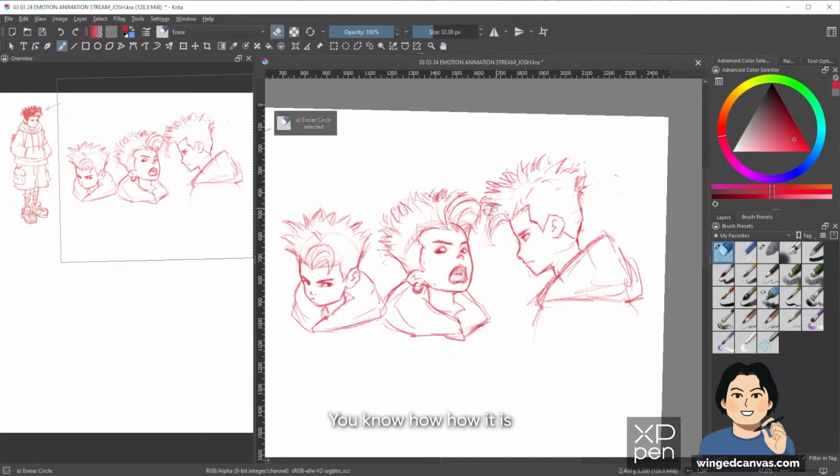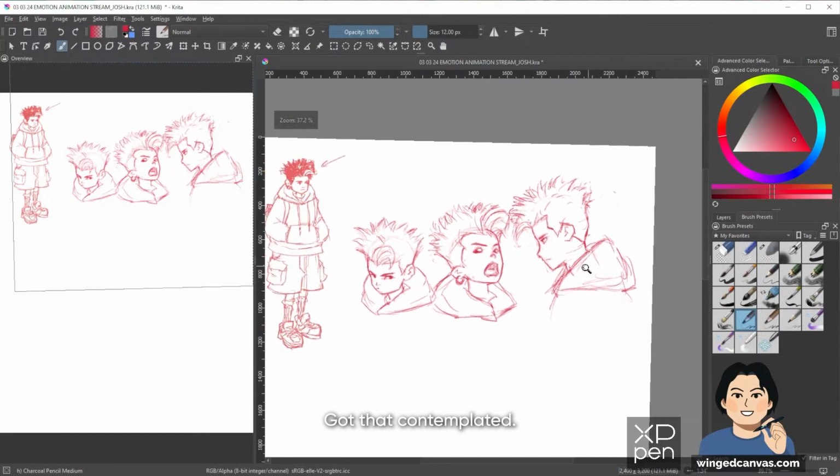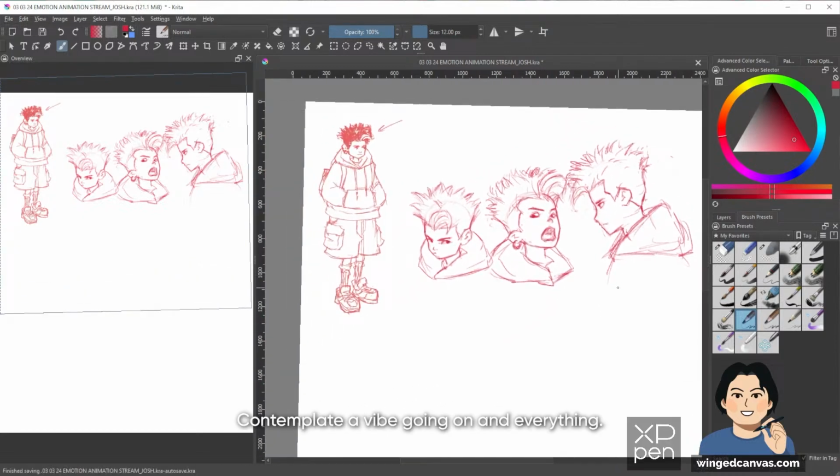You know how it is. That edgy anime boy hair. Okay, we got the hood. We got that big bulky hood going on. Yeah, I feel like this is pretty good. Got that contemplative vibe going on and everything.